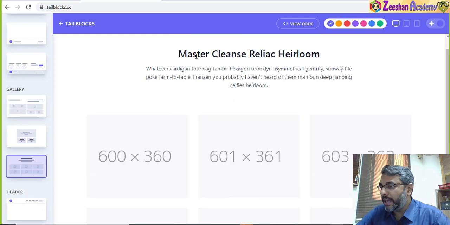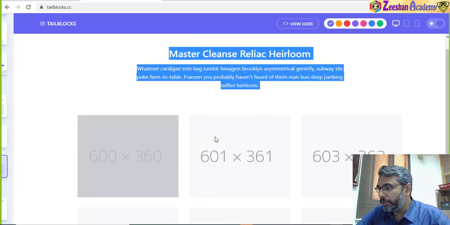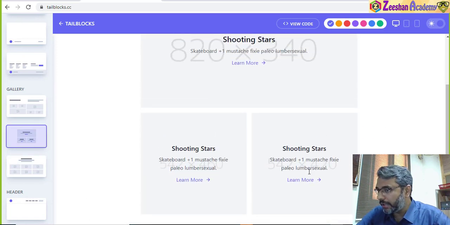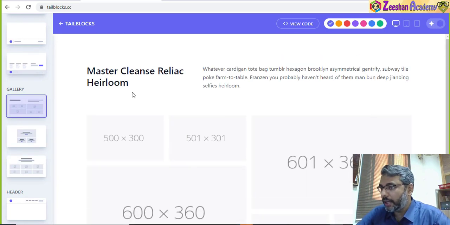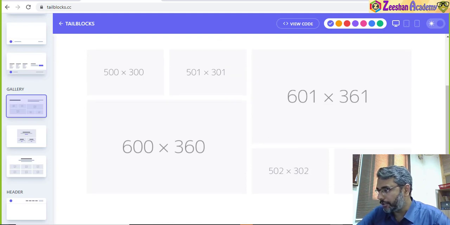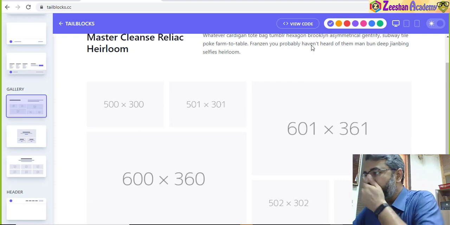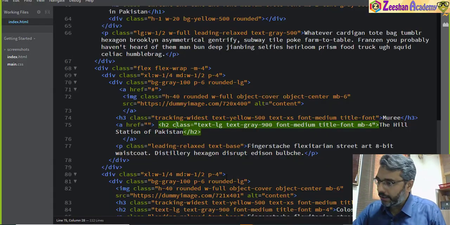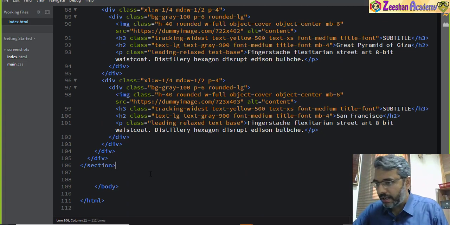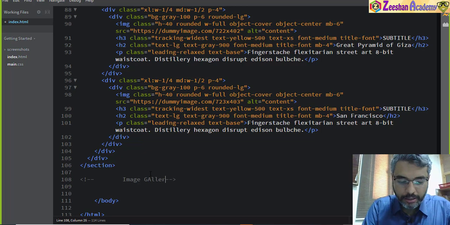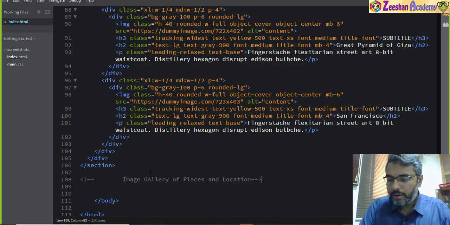Okay, so what this has is a master or description. If you want, you can remove this and just have this information available for yourself. You can use this type of image gallery as well. If I come here, you can see this is an unordered image gallery as well, with smaller images and one bigger image, and this is a very nice and cool pattern. So for example, I want to use this. What I do is first copy this, go inside it, copy the content area, and come back here. After this section ends, I will give a comment, image gallery of places and locations,